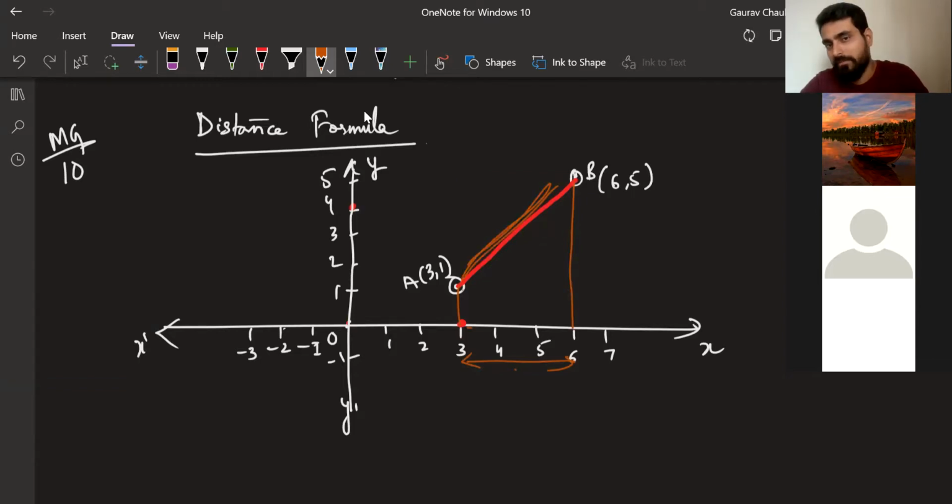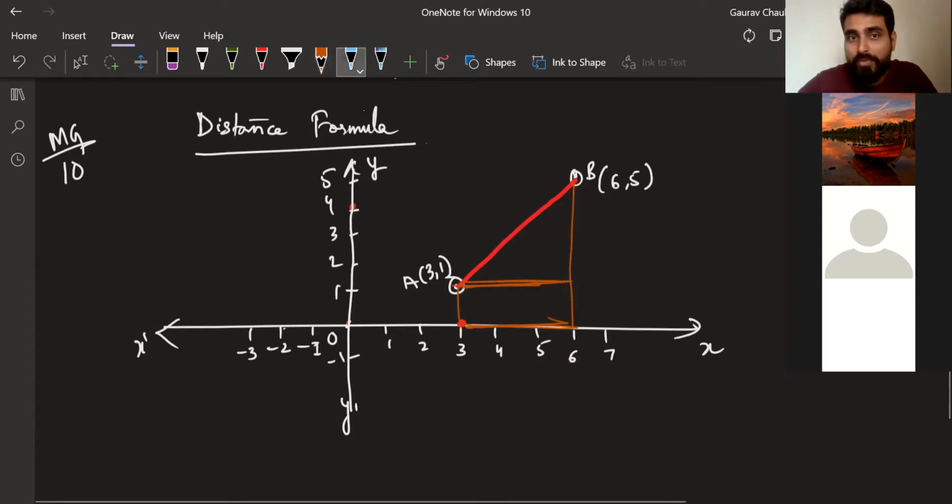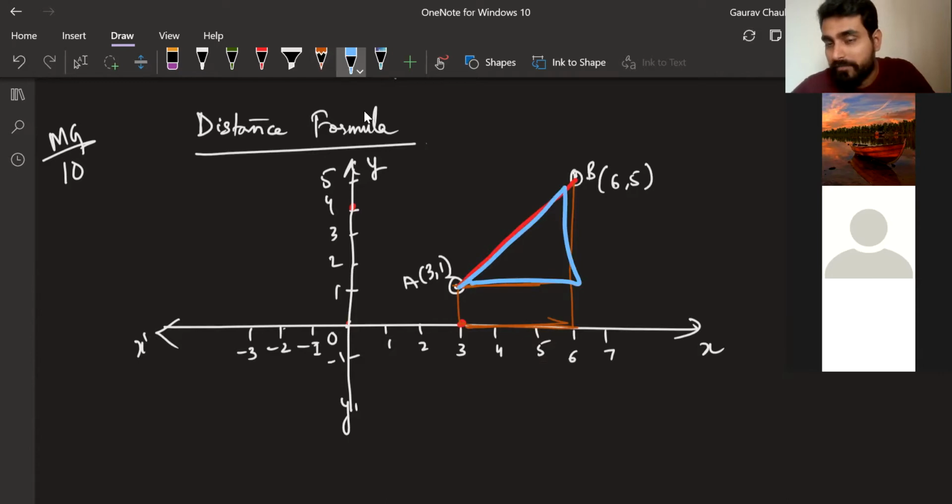The reason is very simple, because this distance has to be more than this distance, right? Let me get into it. Actually, you see, Tulsi, why this is not the distance? This distance is actually same as this distance. Now there's a triangle being formed here. This distance has to be less than this distance, because it's like a hypotenuse. Good with that, Tulsi? So I cannot say that the distance between A and B will be 3. 3 might be till here.